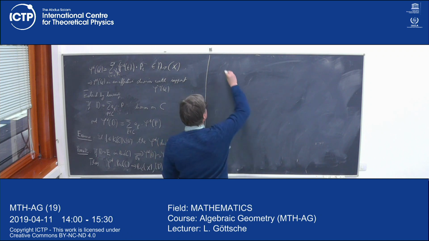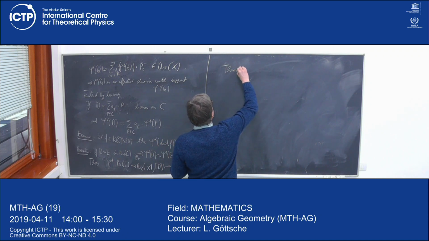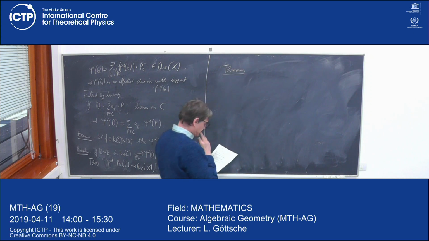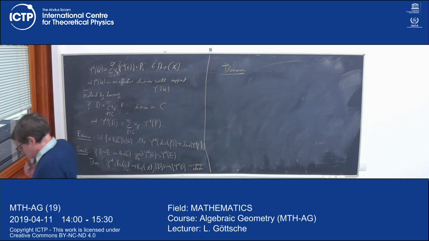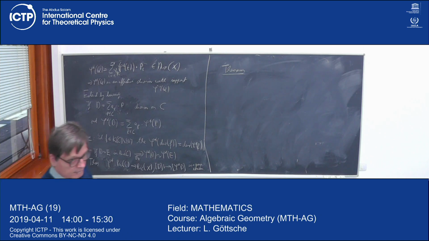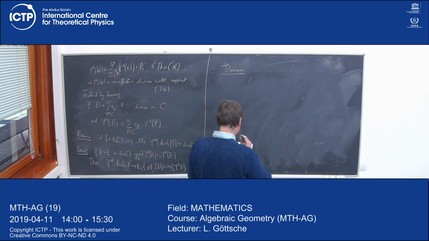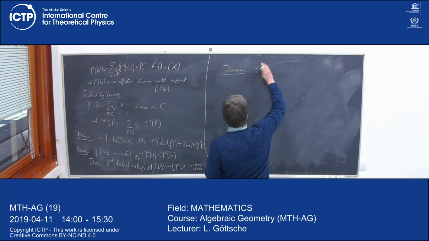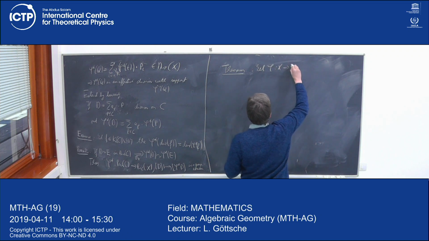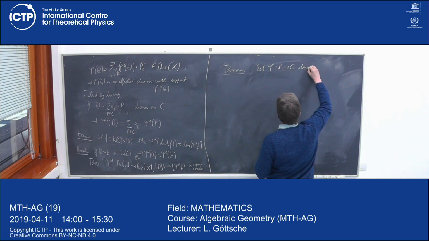So the theorem is that this pullback is somehow compatible with the degree of divisors and morphisms. The statement is: let phi from X to C be a dominant morphism of curves,